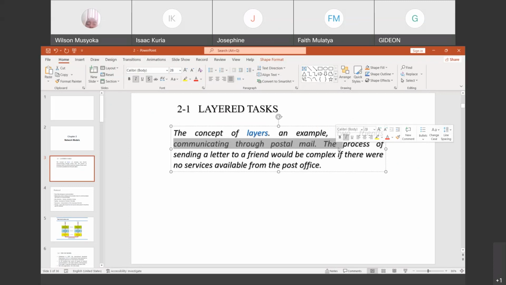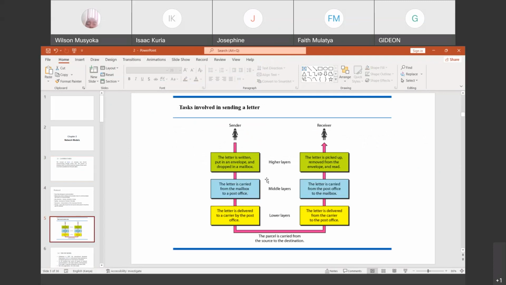The process of sending a letter will look something like this. The sender is going to write a letter, put it in an envelope, and then drop it into the mailbox. Then the letter is carried from the mailbox to the post office. Then the letter is delivered by the carrier of the post office to the next post office. Once it has been delivered from the carrier to the post office, this is at the receiver side.